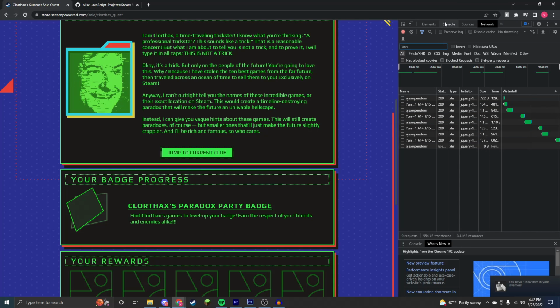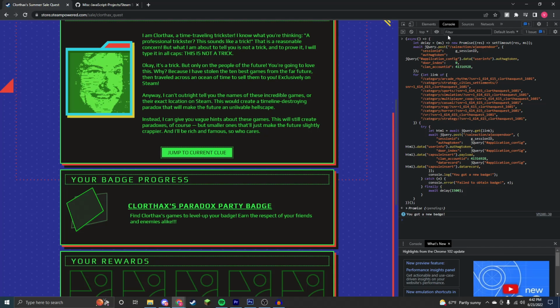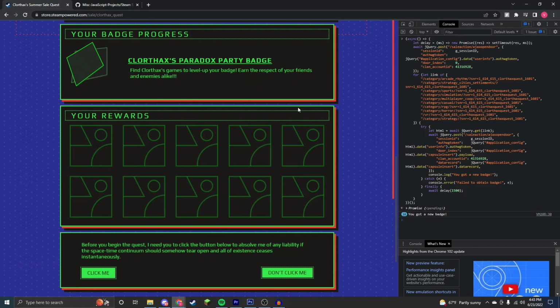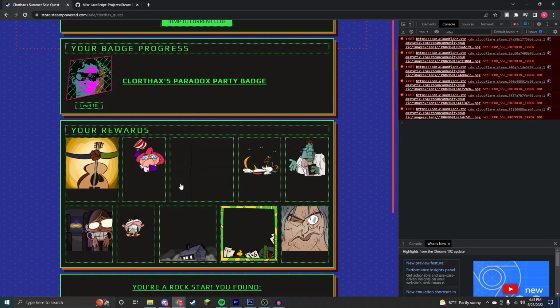Now make sure to stick around, as if things go wrong, I will show you what you need to do to fix it. We're now at 7 out of 10 badges. So it's now finished running, so if I refresh the page here, as you can see, I got all 10